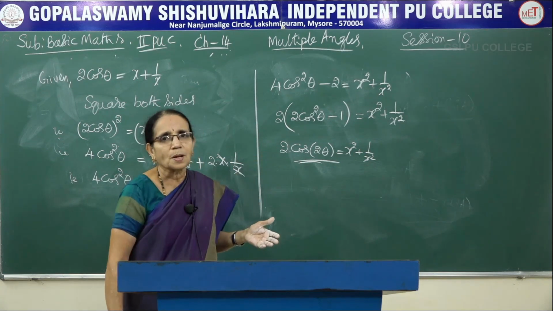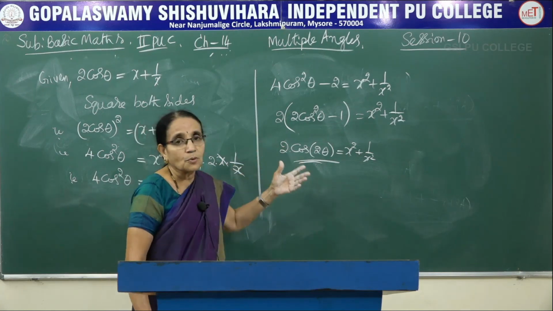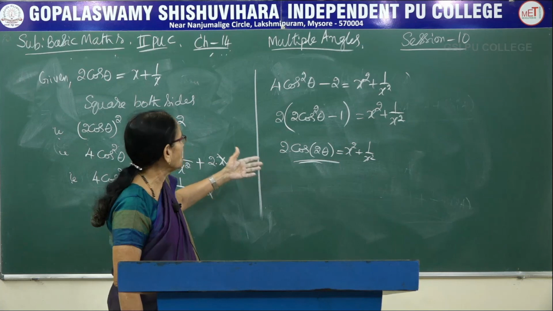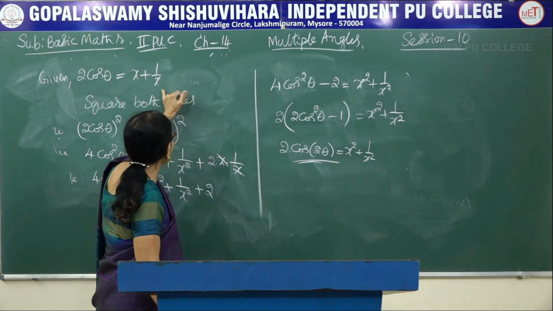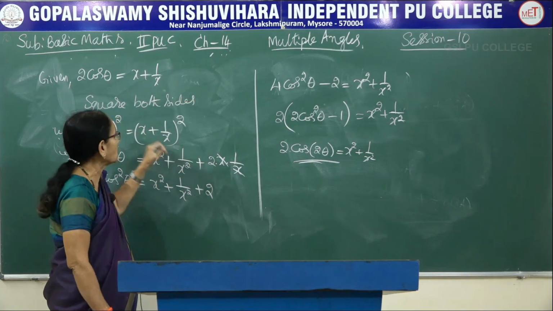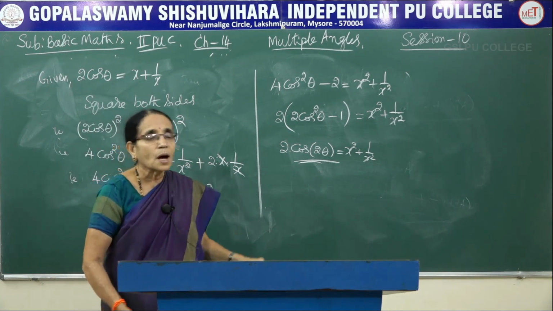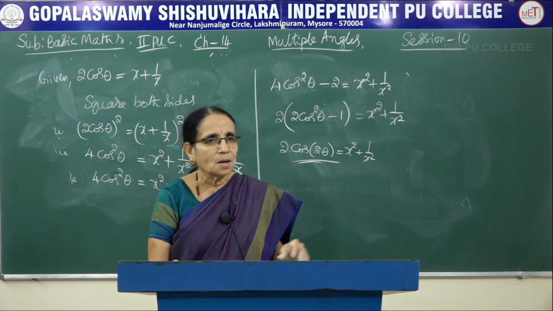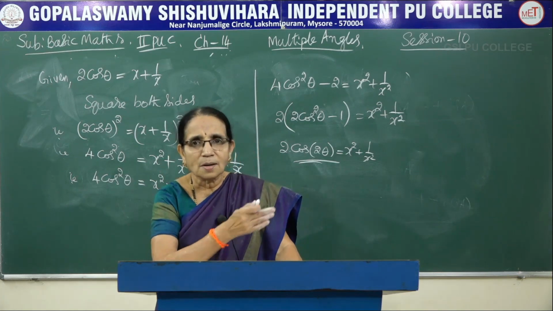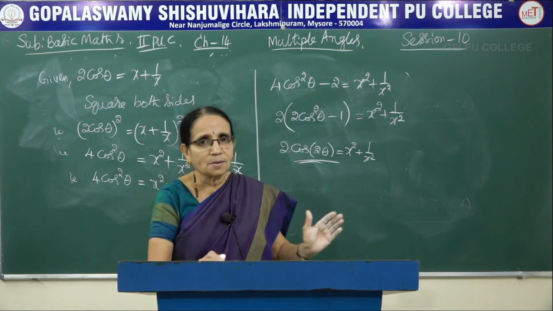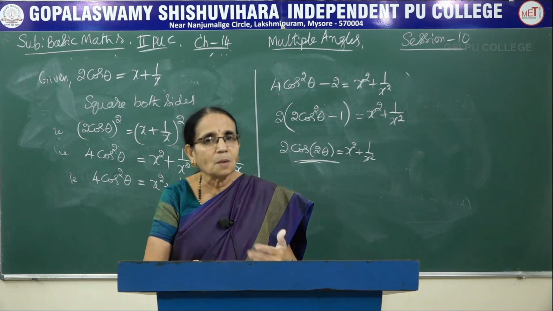So in many problems it would be like this. Some data would be given. Better you start with that one and rearrange that one. Whatever formula is needed, you just use the formula, and looking at the result that has to be proved, you can think like in this problem, I needed x square plus 1 by x square. So I squared both the sides here and using the algebraic formula, I got the right hand side. And with rearrangement of the terms on the left hand side using the multiple angle formula, I got the answer on the left hand side also. Hence, the required answer is obtained. LHS and RHS, both of them have been obtained directly, simultaneously.